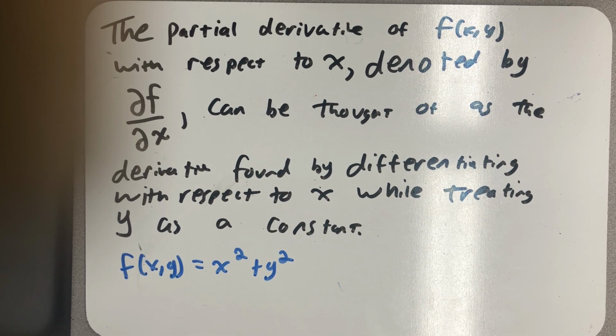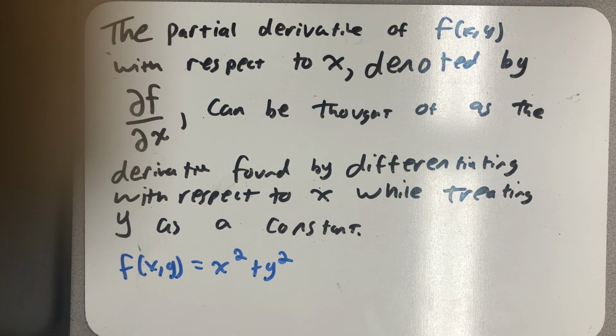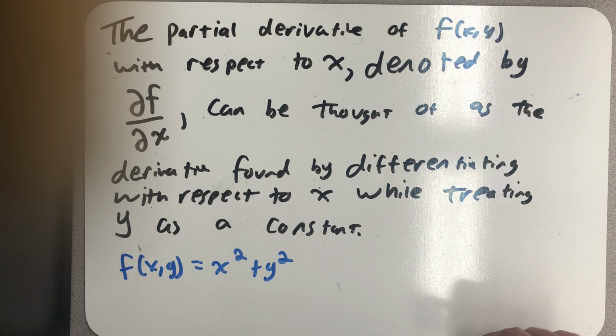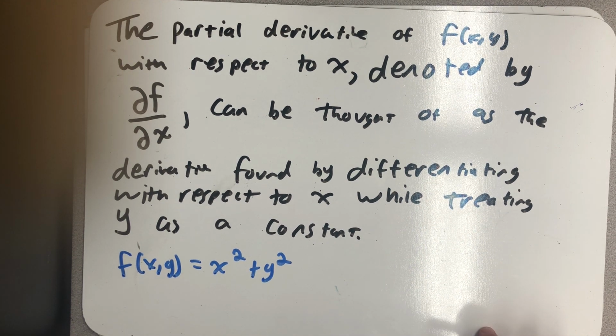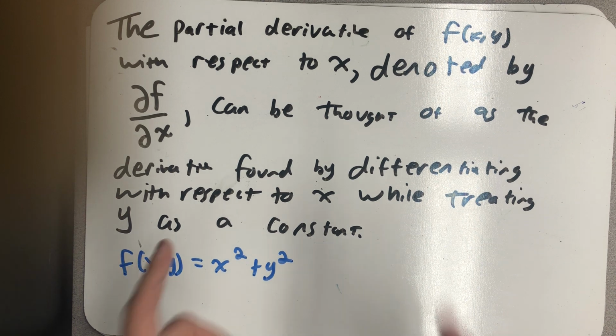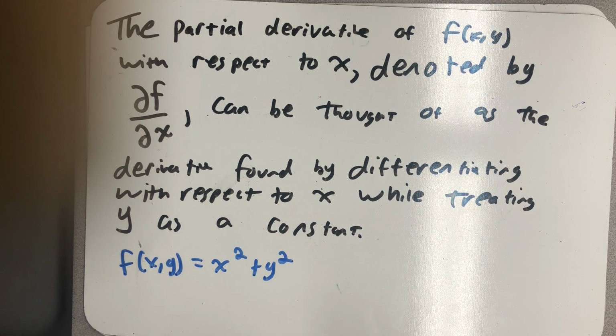Let's talk about partial derivatives. A partial derivative can be calculated by treating one of the variables like a constant and differentiating with respect to the other one. Later on in this video, we need to rigorously define what we mean when we say partial derivative. But for right now, let's just practice taking a partial derivative of f of x y equals x squared plus y squared,